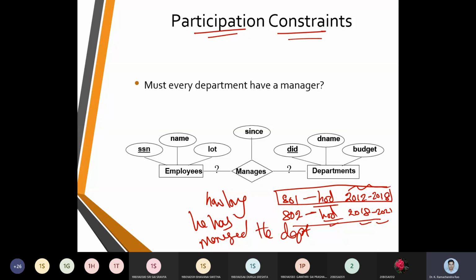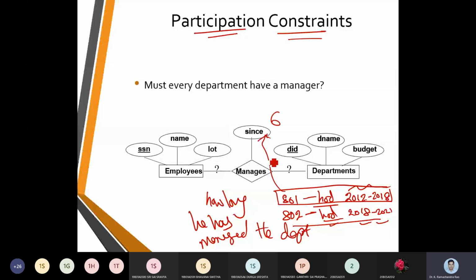So when I call it 801, it comes with 6 years. When I call it 802, it comes for 3 years. So every department must have a manager and only one.